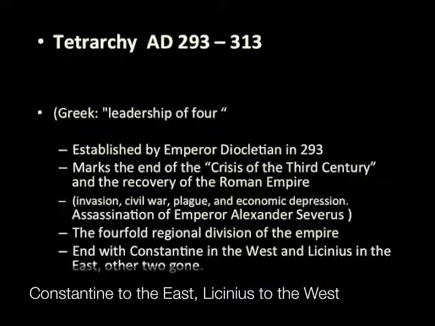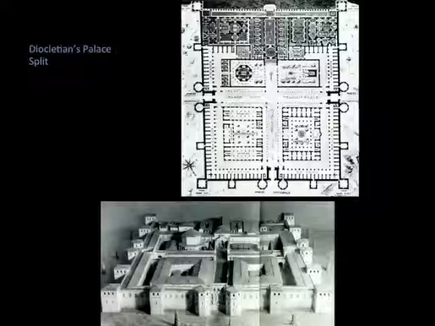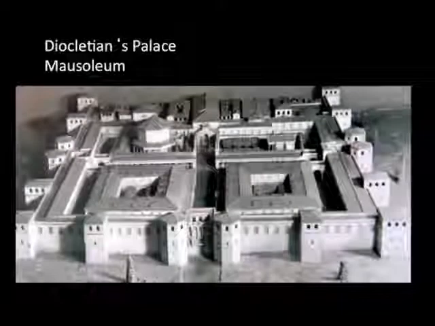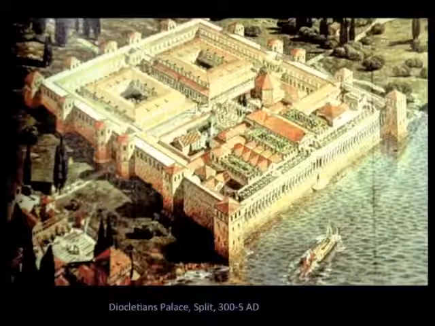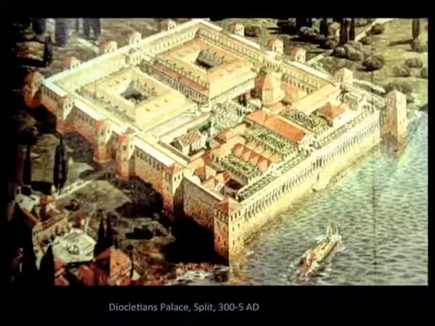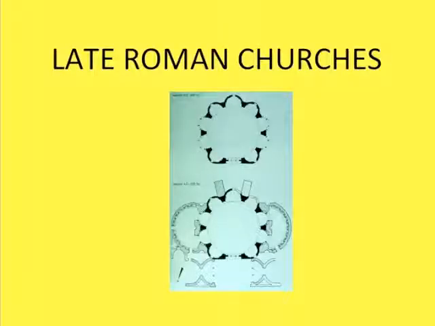And the other two are gone. Constantine founds a new city when he goes off to the Eastern Empire, and he wants to call this new city Rome, which is a catchy name. But people so honor Constantine that they call it Constantinople. This is just Diocletian's palace. We looked at that before to give you a sense of what the architecture was looking like at that late moment. But the architecture was also looking increasingly complex.